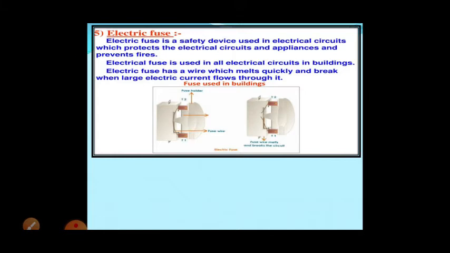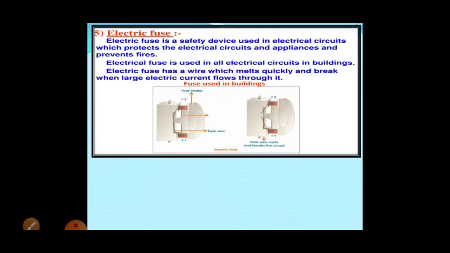To protect from all these things, we use, as you might have observed, the electric fuse. The electric fuse is placed near the meter box, where the main switch is placed.